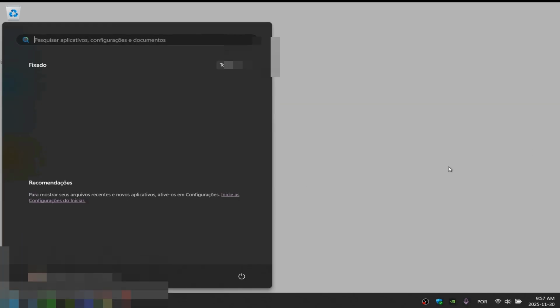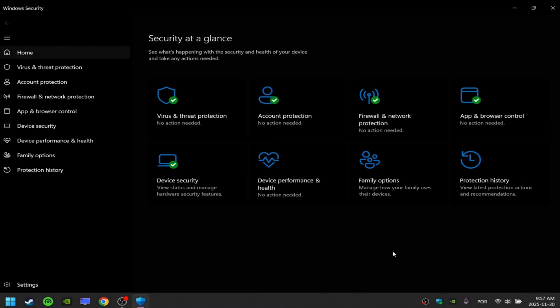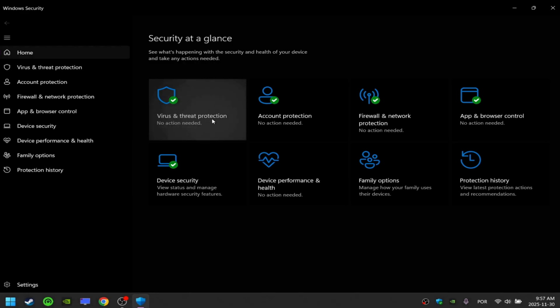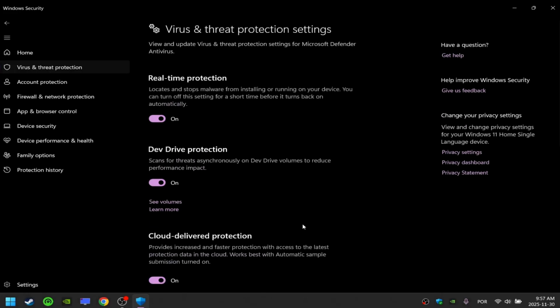Click on the Windows icon, write Windows Defender, and click on Windows Security. Go to Virus and Threat Protection. In Virus and Threat Protection Settings, click on Manage Settings. Scroll all the way down,